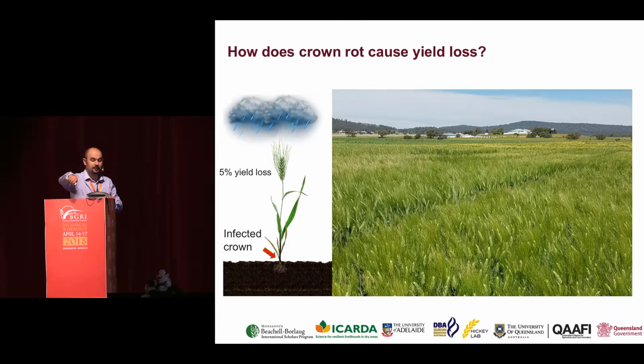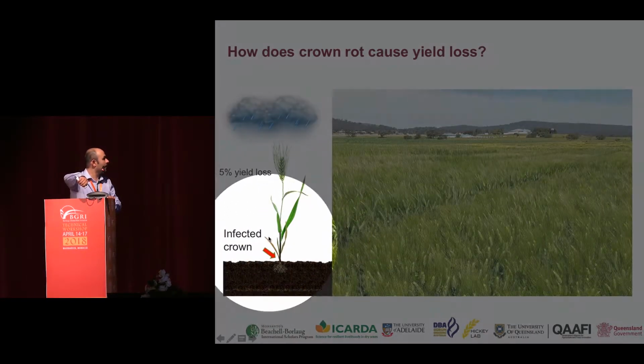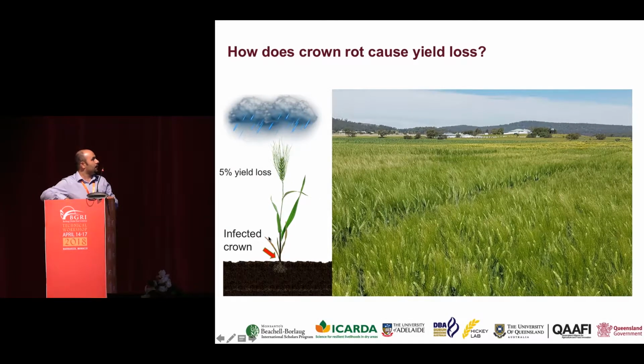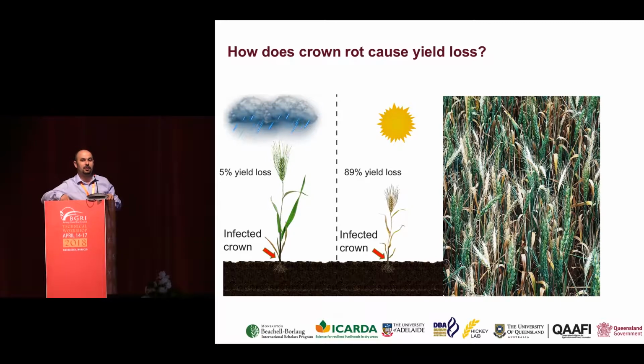But the farmers don't experience big yield losses. We see the crop really looking healthy, and we experience approximately 5% of yield loss. It is only when high levels of inoculum coincide with drought that we see massive yield losses, up to